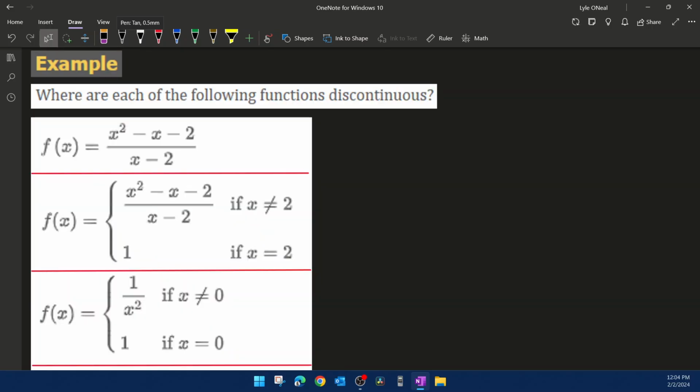Our next example to look at, we have functions that we need to consider. It says, where are each of the following functions discontinuous? So we know that these functions are going to have a point of discontinuity. They want to know where that occurs. So for our first function here,